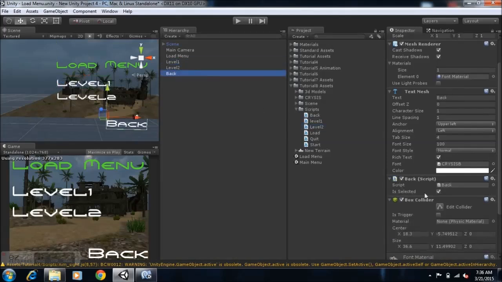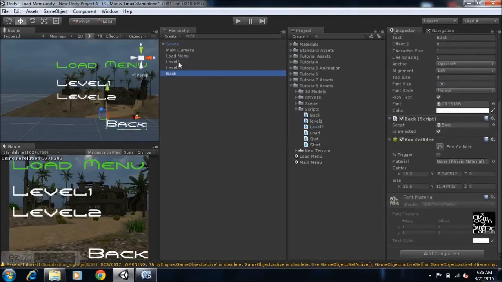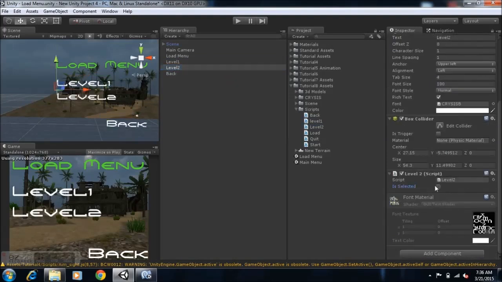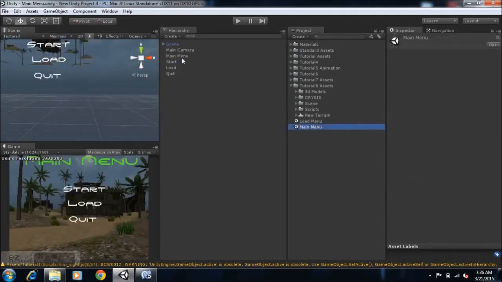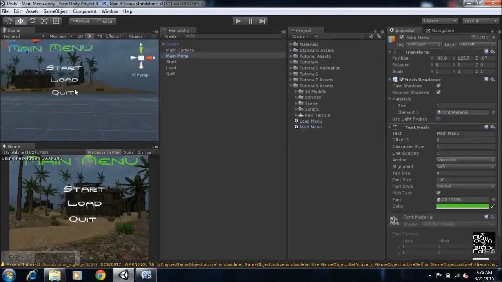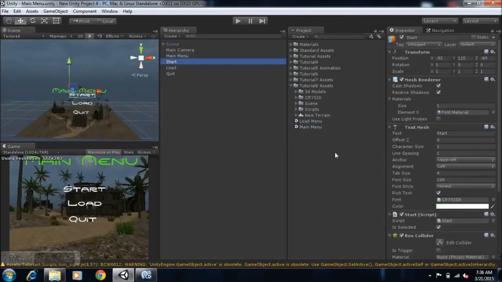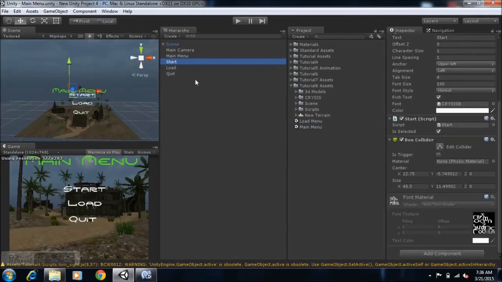Our level 2 is there, it's selected. Our level 1 is selected, and we'll just save this scene, and we'll go back into our main menu scene and ensure that everything is okay there as well. So we'll go to our start, it is selected, our load is selected, and our quit is selected. Good stuff. So if we hit play,